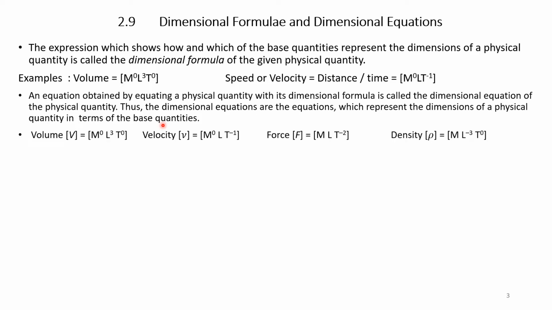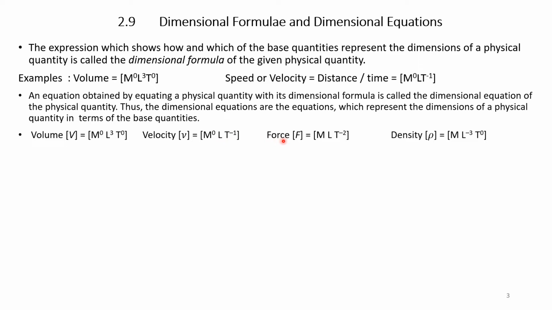Volume, for example, is m to the power of 0, that means no mass, L cube, it has 3 dimensions: length into breadth into height, and no dimension in t, so t to the power of 0. Velocity is distance over time. So m is 0, L is 1 and in the denominator t, that is m^0, L^1 and t to the power of